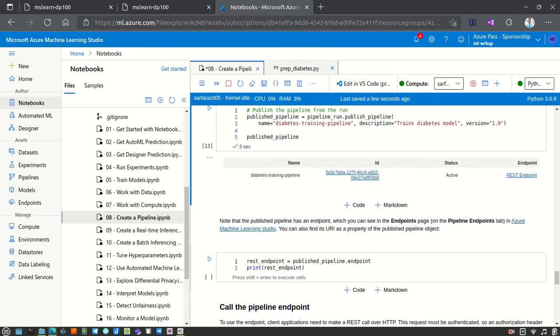You can find the endpoint in the endpoint page on the pipeline endpoint tab in Azure Machine Learning. You can also find a URI as a property of the published pipeline object. So first let's go to